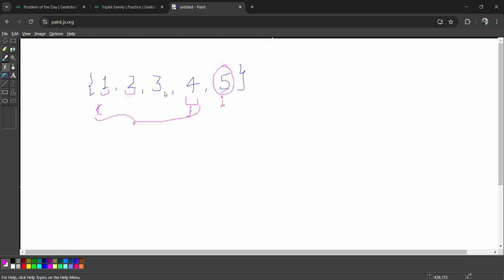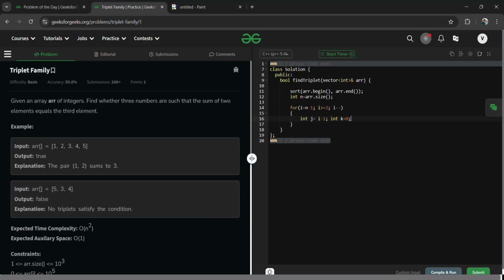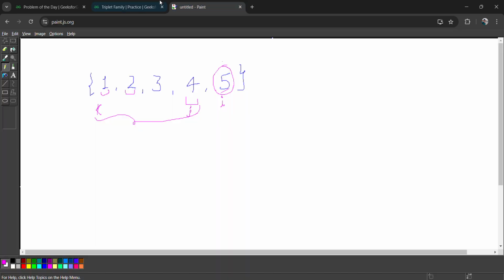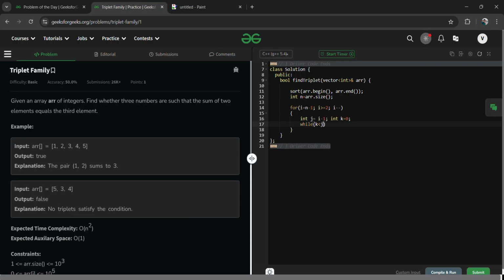Now with this sequence of numbers, we need to check whether there will be any pairs which create equality or not. So here we can say that 4 and 1 is the pair which is equal to the result, and also 3 and 2 is the pair which is equal to the result. So we need to check one by one. So we need to traverse and check the result. Okay, so here we can say that while k is less than j, then what we have to do,